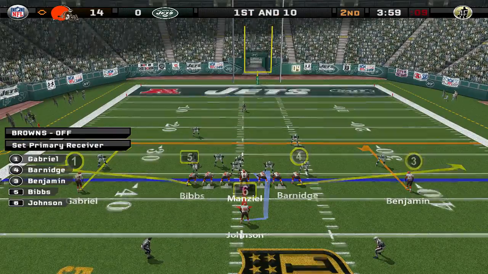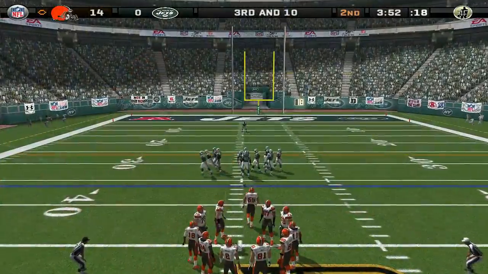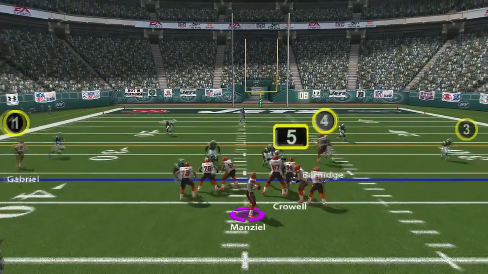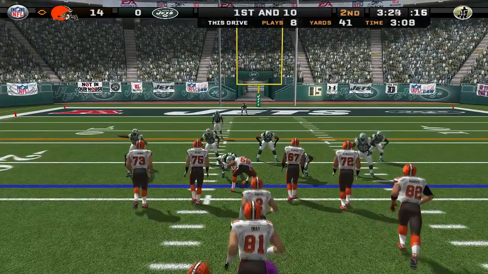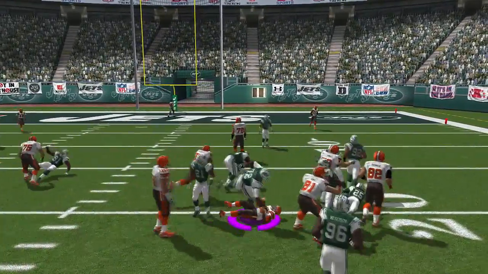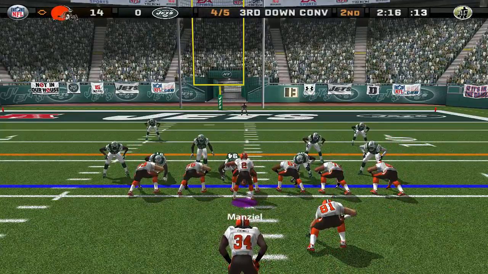1st and 10. Manziel is back to pass and almost intercepted. And now it's 3rd and 10. And Manziel is back to pass again, and it's complete to Gary Barnage over the middle. 1st and 10. And Manziel is driving them again. Johnson over the right side gets 3 yards. See, they're 4 out of 5 on 3rd down. And on 3rd and 5,